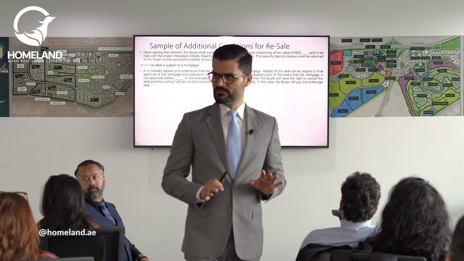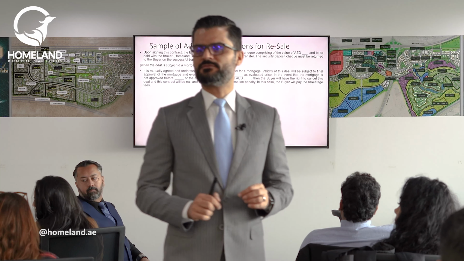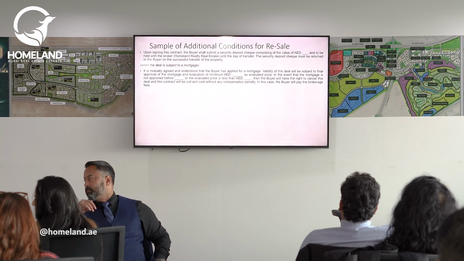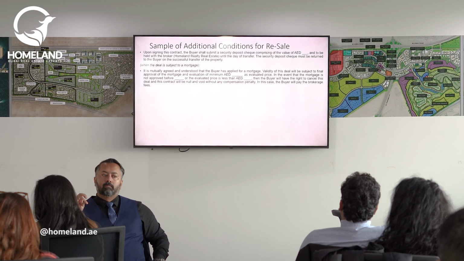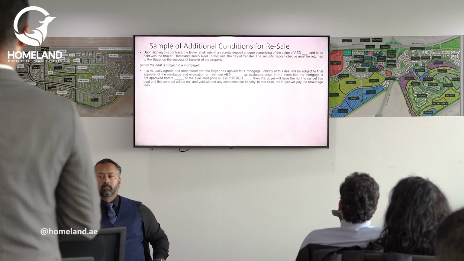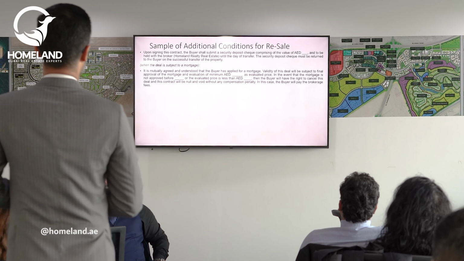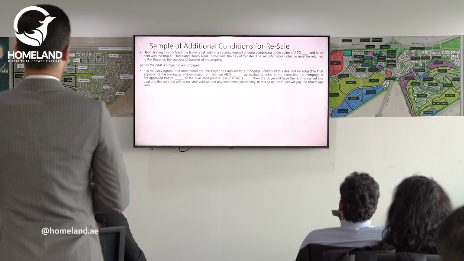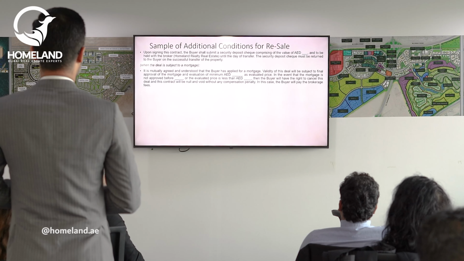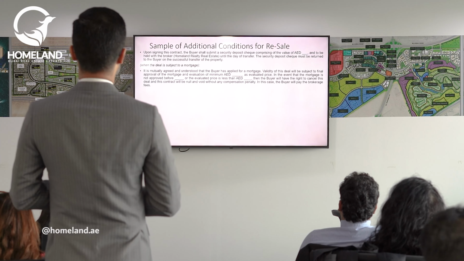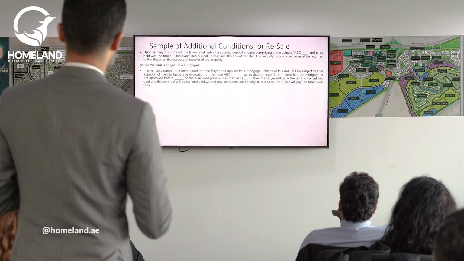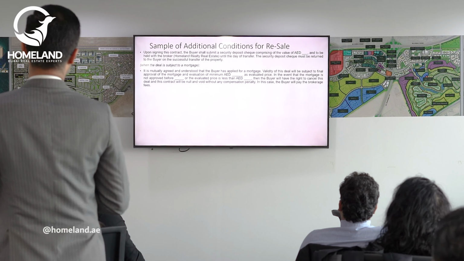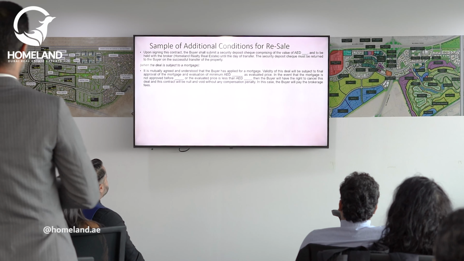Clear? You can mention in the contract that if the valuation or the approval comes below a certain amount, the buyer will have the right to cancel and terminate the agreement without any penalty. It's mutually agreed and understood that the buyer has applied for a mortgage. Validity of this deal will be subject to final approval of the mortgage and evaluation of minimum X dirham as evaluated price. In the event that the mortgage is not approved before so and so date, or the evaluated price